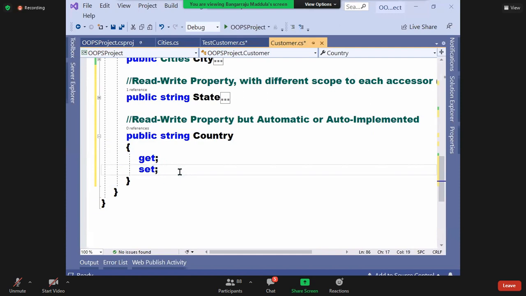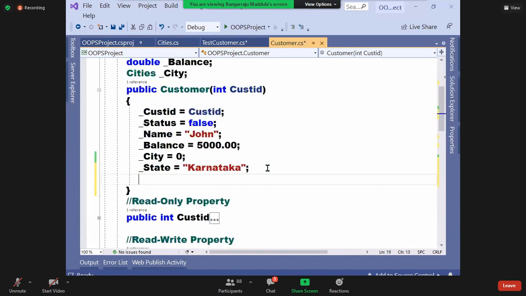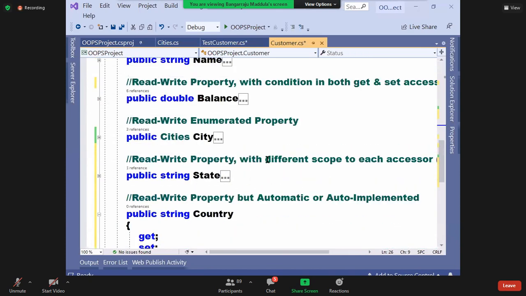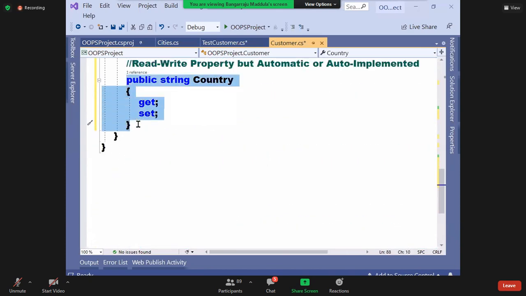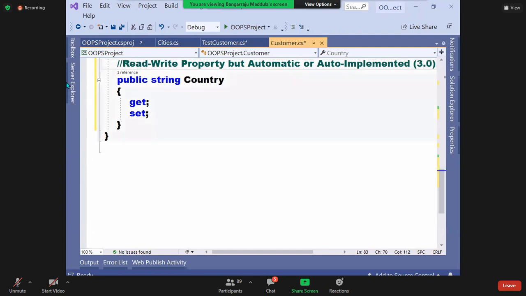So now you'll have a doubt. When the field is not there, then how to initialize this? Actually, initialization is done on the field only. Now what you can do, you can directly go to the constructor and initialize the property only. The field is not there, so straight away we are just trying to initialize the property. So this is called an automatic or an auto implemented property. These were introduced in C# 3.0.